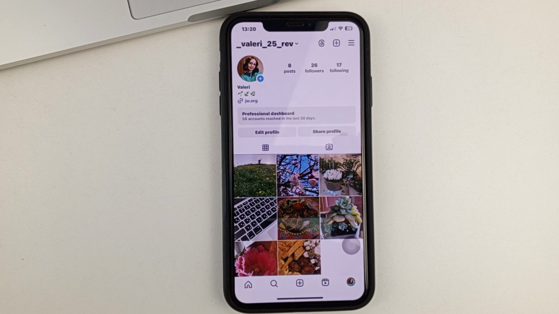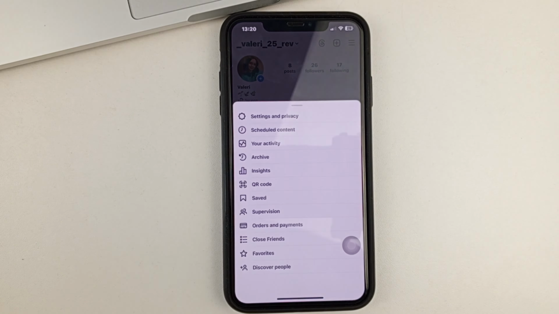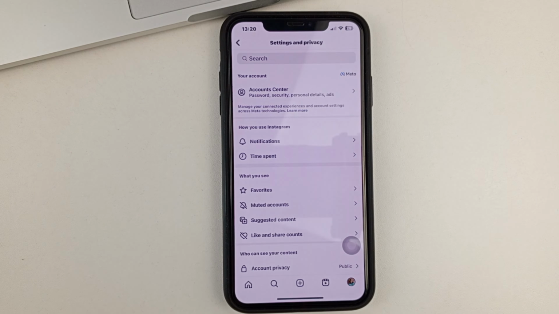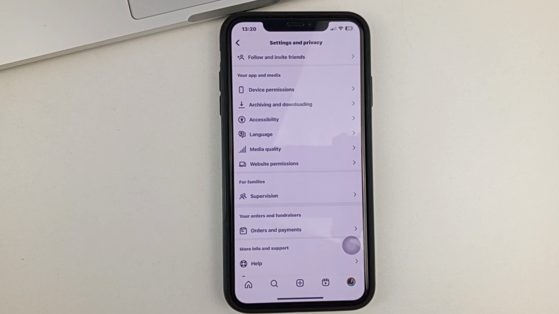But you can do it yourself very quickly. In order to switch to a professional account, it won't take more than a minute. First, you'll need to click on the three bars at the top and then go to Settings. And here, if you scroll closer to the bottom, you'll have Account Type. When you find the Account Type section, you will be prompted to switch to Professional Account.